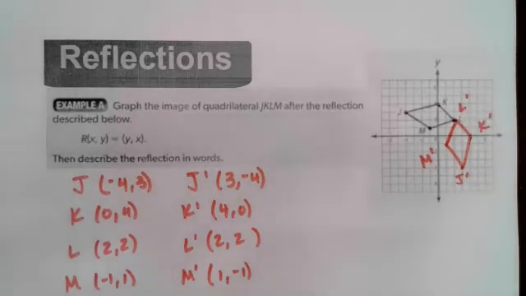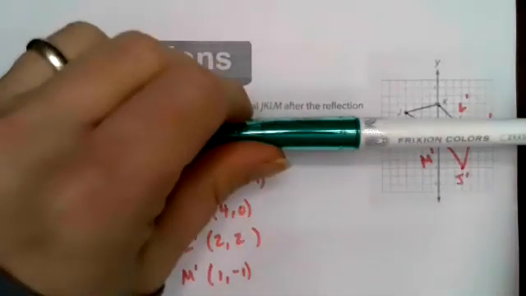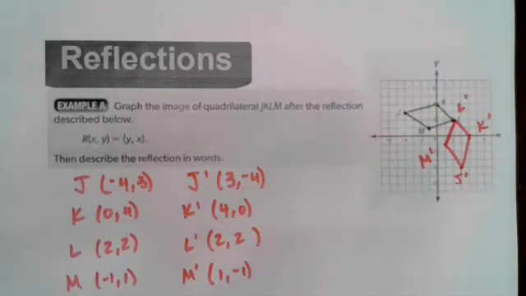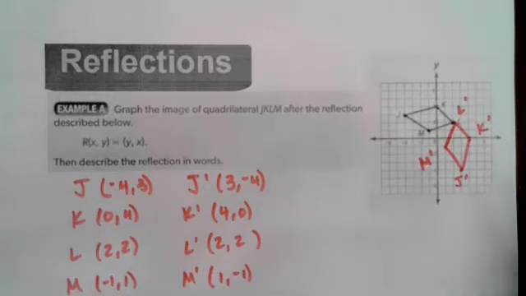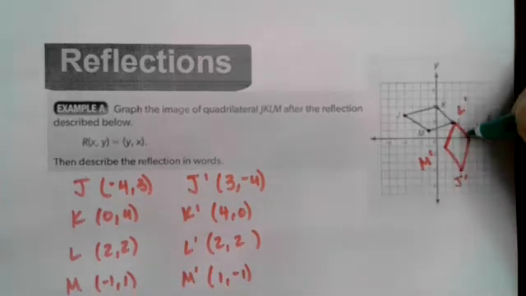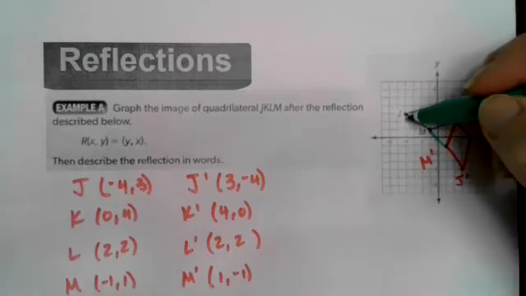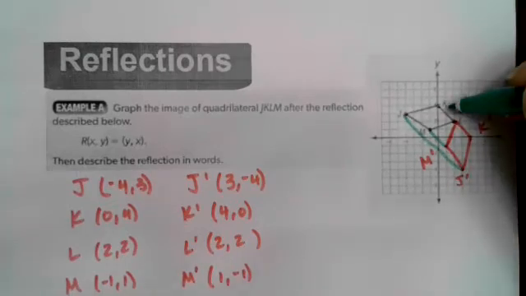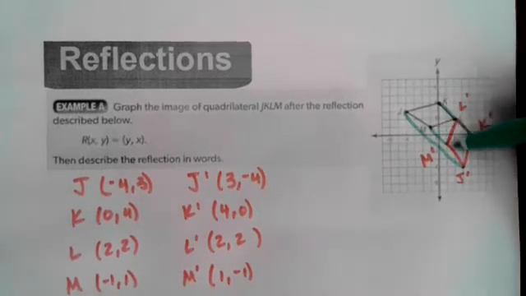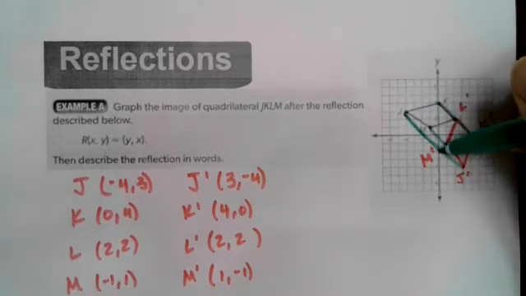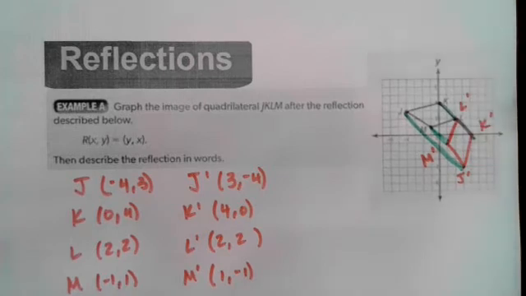All right, so my line of reflection here is not a horizontal line. It is not a vertical line, but it is a diagonal line. So the easiest way to find the line of reflection is to connect my endpoints, or my pre-image to image. So I can do M to M prime, J to J prime, K to K prime, and then L to L. That's the same. So the midpoints of these lines, and we know how to find the midpoint, are going to be on my line of reflection